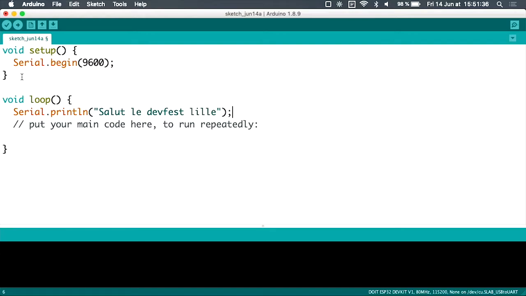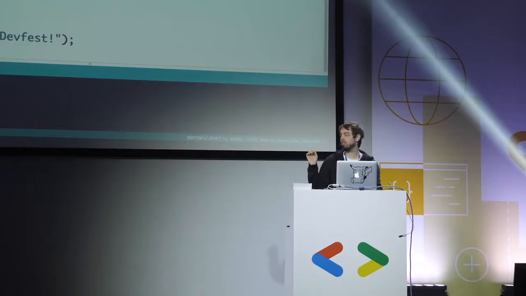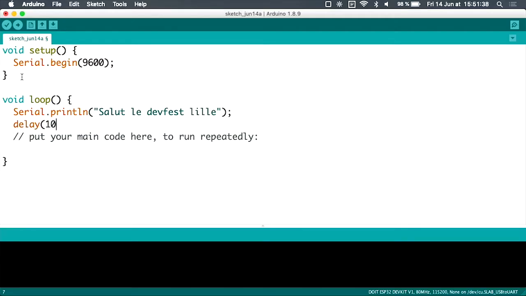But if we write it like that, it will write hello devfest like 1,000 times per second, which is not very good. So we want to display it once every second. We can just add a delay of 1,000 milliseconds. So when the Arduino is set up, it will call setup to initialize the USB, and then it will call the loop method.